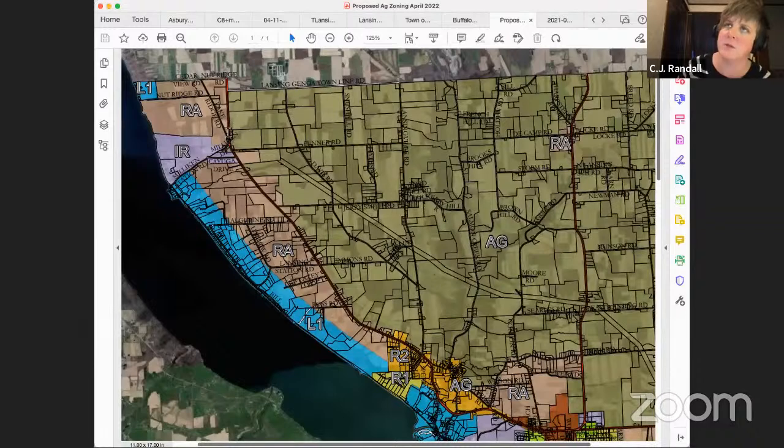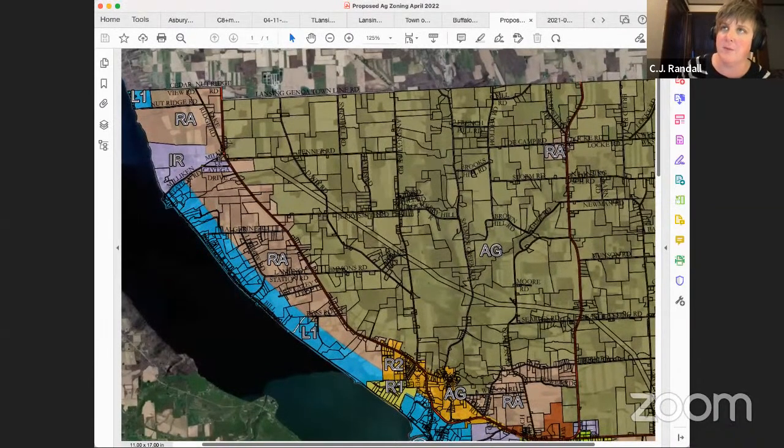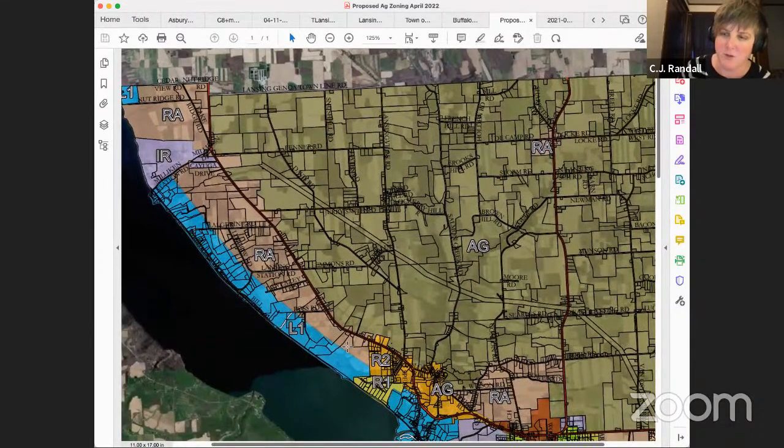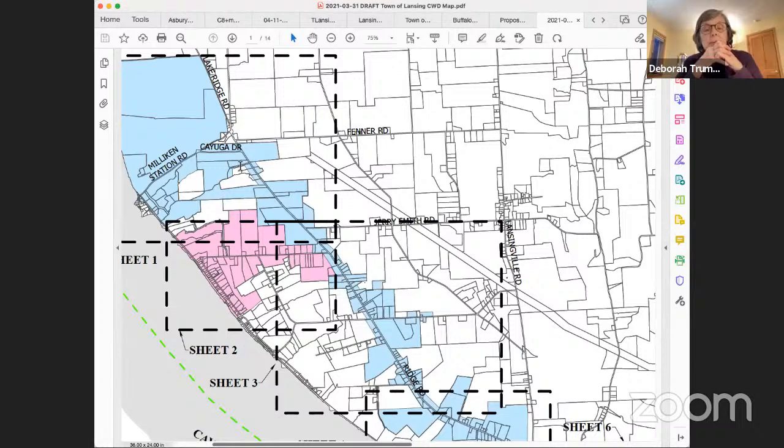Okay, but this was the proposed zoning, and one idea to have them line up nicely would be to have the parcels that are in the water district also be matched to the RA. Essentially it says this is where we have service, this is where people are entitled to service. It doesn't require any extension of special services, where we need ag and markets permission to extend. It's already done, it's already there. And they're pretty close, the two already.